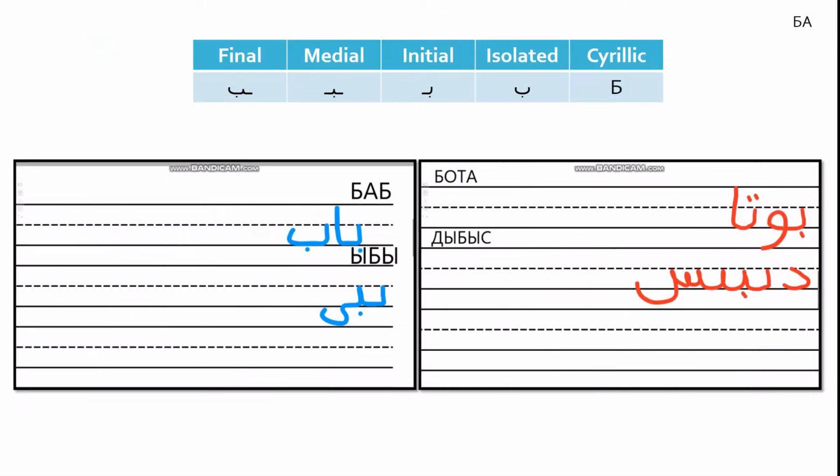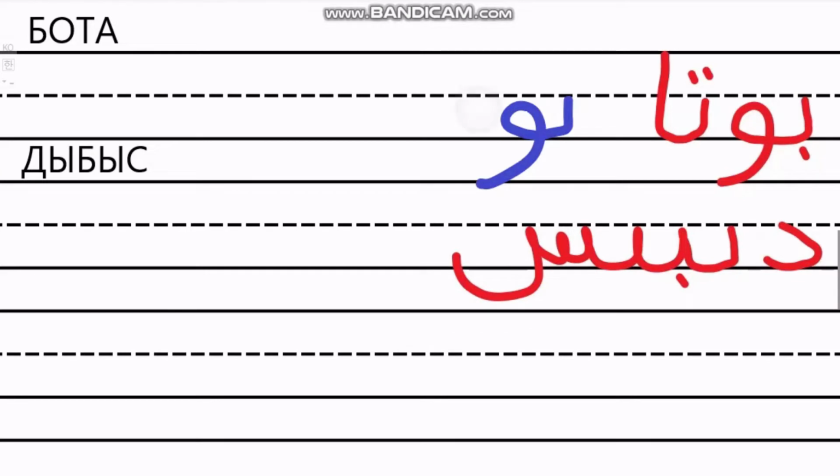Pay attention to where the dot is located in different positions. Now, let's practice with some real words. бота, дыбыс,